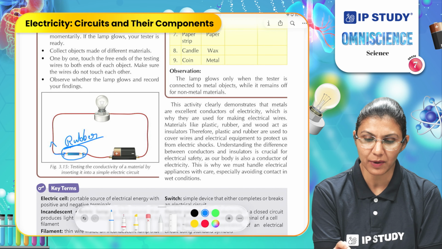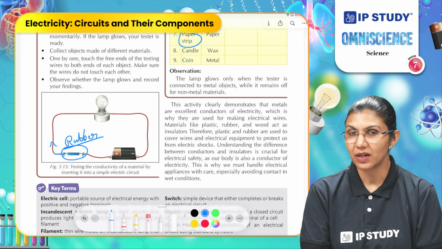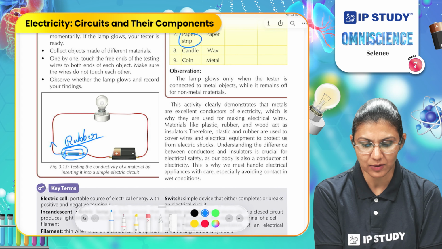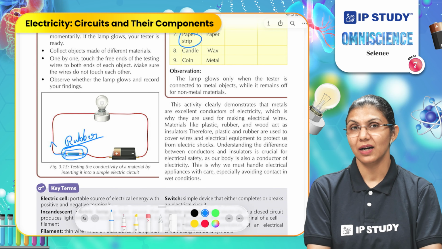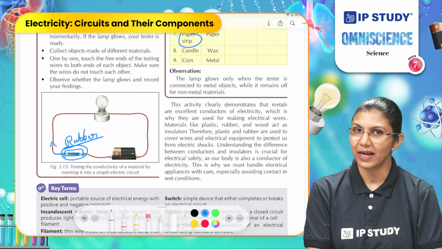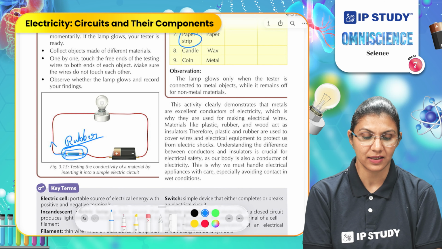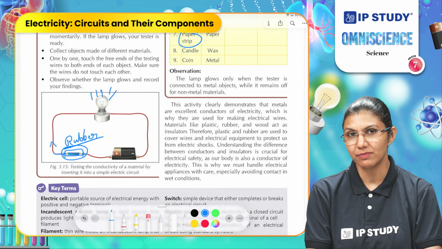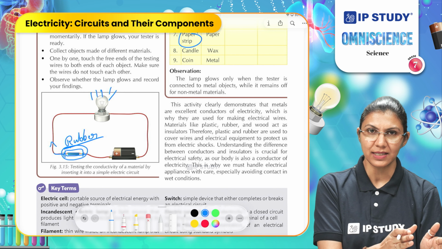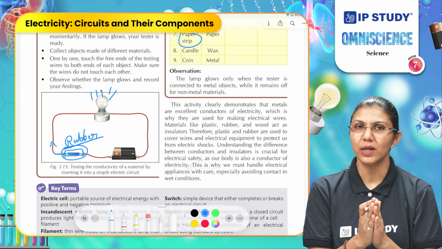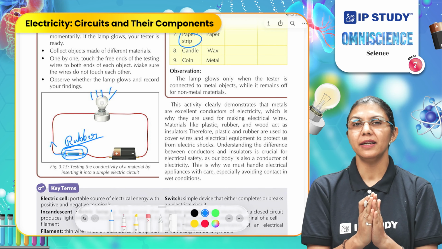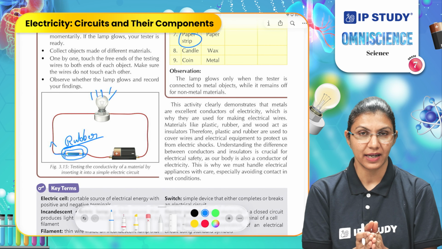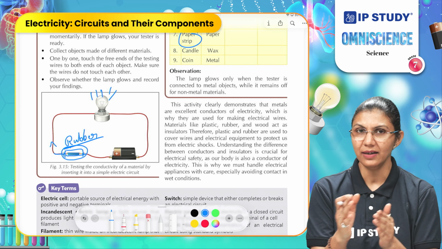What if we are using a paper strip? Paper strip also doesn't conduct the electricity. What if we are using a metal coin here in this piece? So, the metals are good conductor of electricity. Any metal coin will conduct the electricity and the bulb will start emitting the light. So, that's how we can classify materials into two groups. One is conductor and the second one is insulator based on their ability to allow the current pass through them. And that's why we categorize them as conductors and insulators.